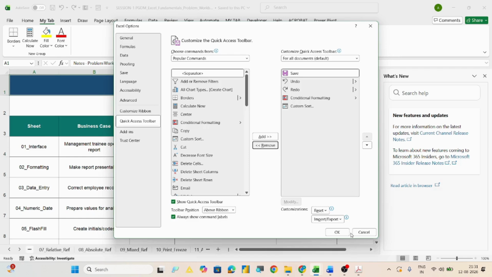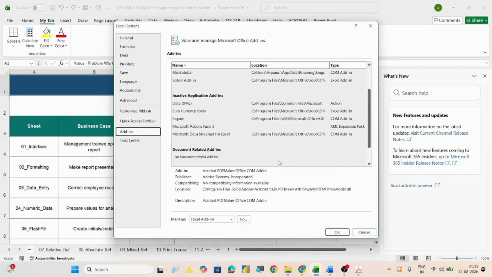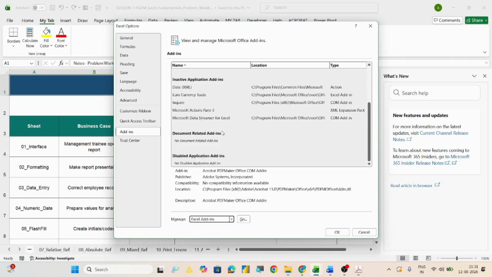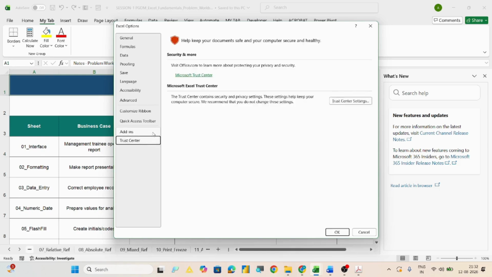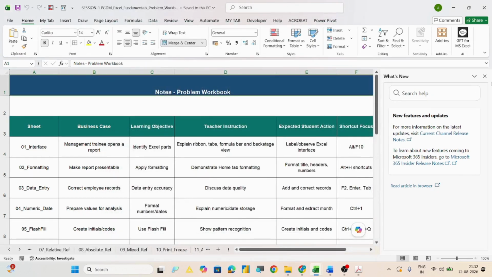So this is quick access toolbar. And in add-ins, there are so many add-ins which we can use. In coming classes we will be seeing them, and these all add-ins can be added in your interface. And macros are something wherein you can record a sequential set of statements which can be used later on in future. Those can be enabled through Trust Center. So this is about backstage view.